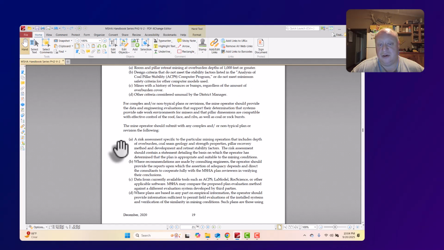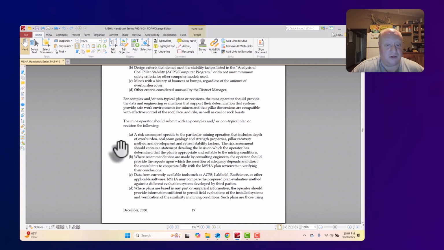For complex or non-typical plans, you have to provide data and engineering evaluations that support the determination that these systems, pillar design or whatever it is, provide a safe working environment with the alternative plan. Risk assessment specific to the mining operation includes depth of overburden, the geology, strength